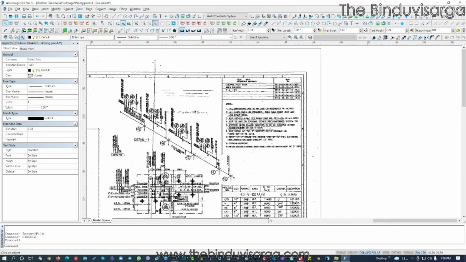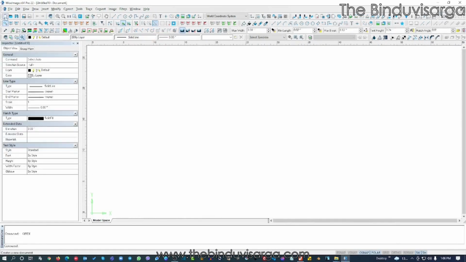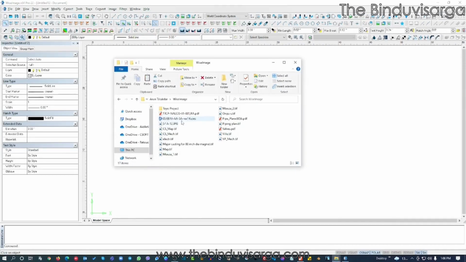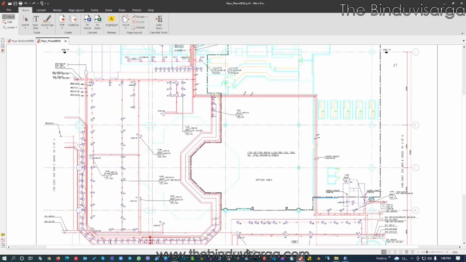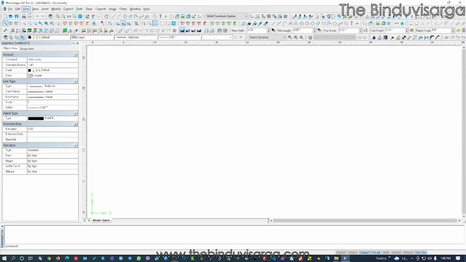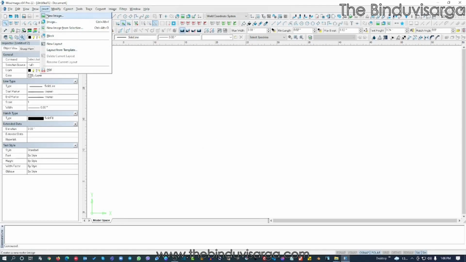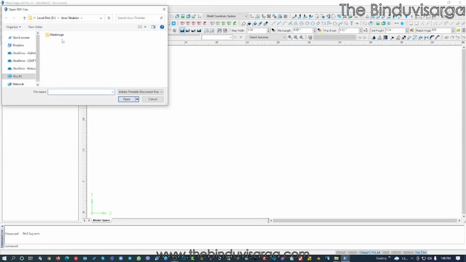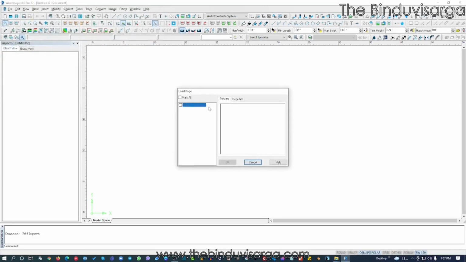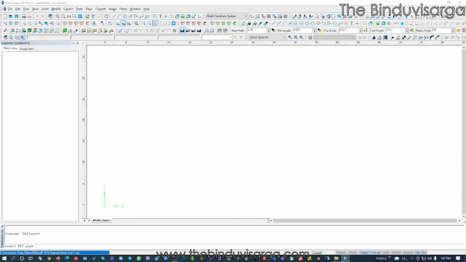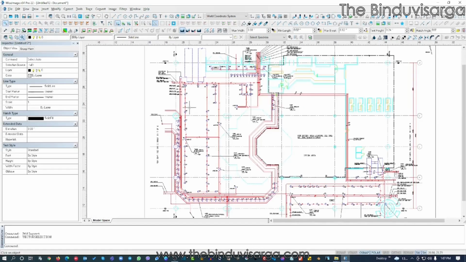I will show one more function. So I'll close this one and I'll click. Let me show you how it works on different PDF files. What I want is this entity inside WiseImage as vector. So I'll close everything here, and then I'll go to WiseImage and I'll say insert PDF, and then I'll go to this folder and I want to insert this PDF, and currently I have only one page, so I'll deal with that. So now it will take some time, and it will actually convert the whole PDF into